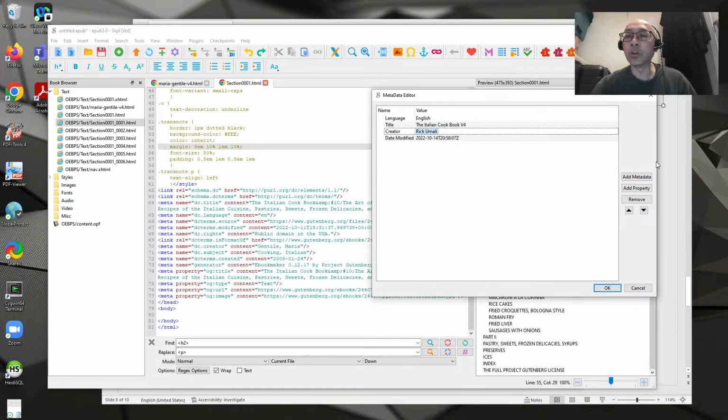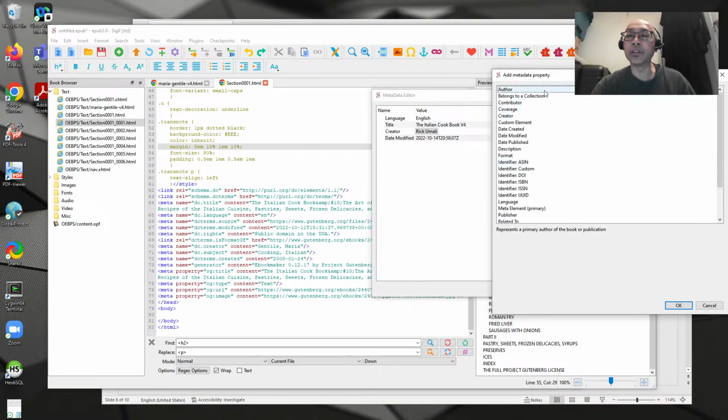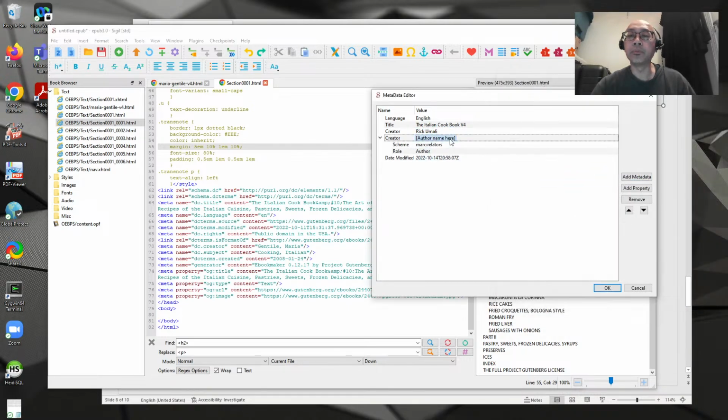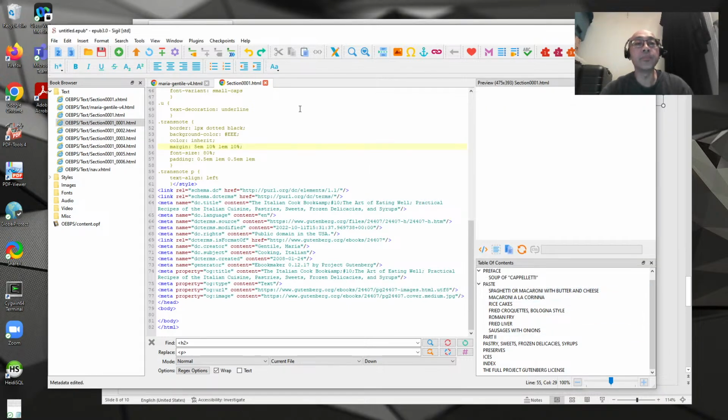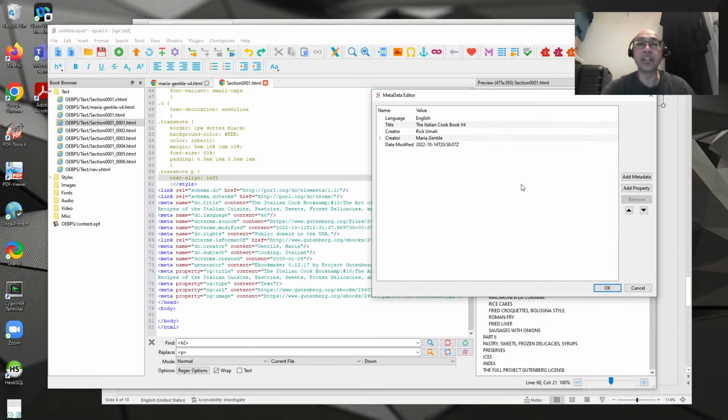But we can also add in the metadata of who the author is. And I'm going to put in Maria Gentile. But you see what's happening here. You can put in information like this. There's also a lot more metadata, and that metadata is going to help ebook devices and readers with